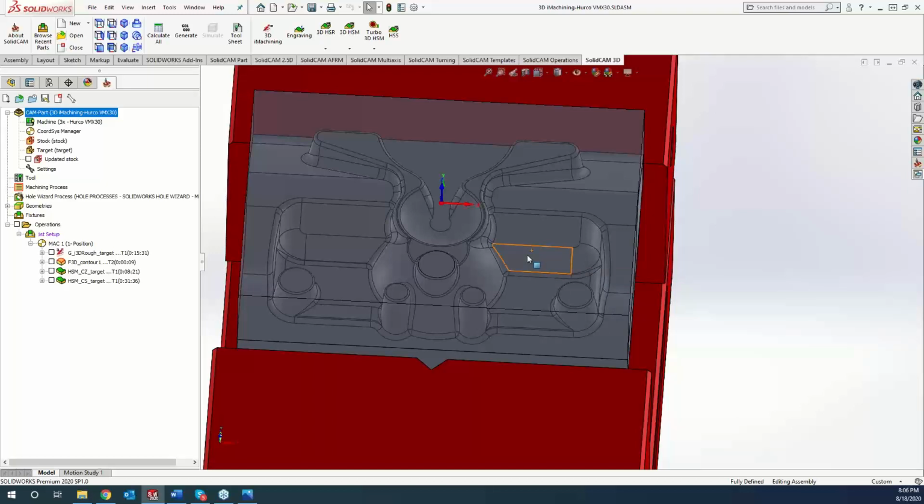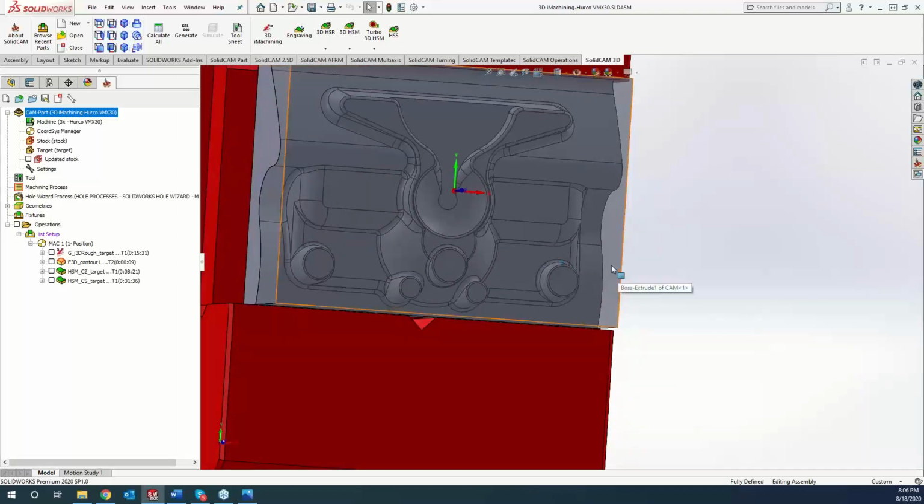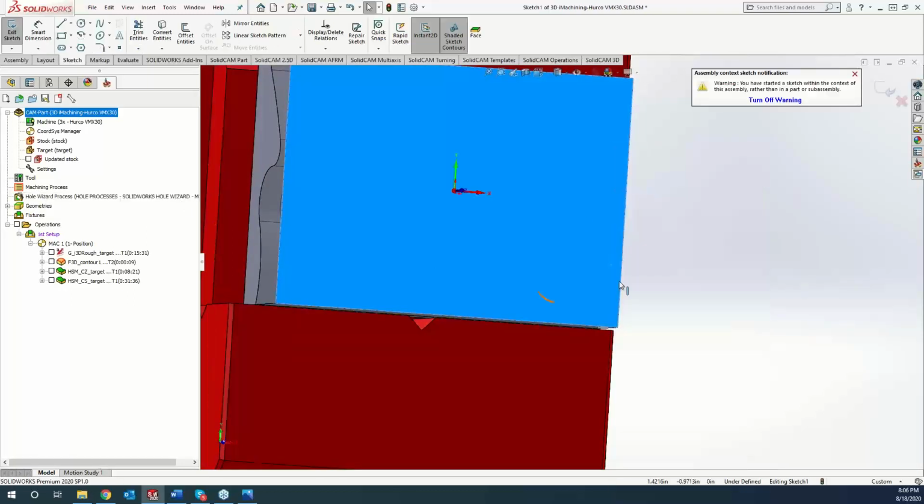What you can do is just put it on a plane that is above everything else, and then let the software do the work of projecting it onto that surface. So to get going here, I'll just throw a sketch on the top of this stock. I'll come in here and do a quick sketch,